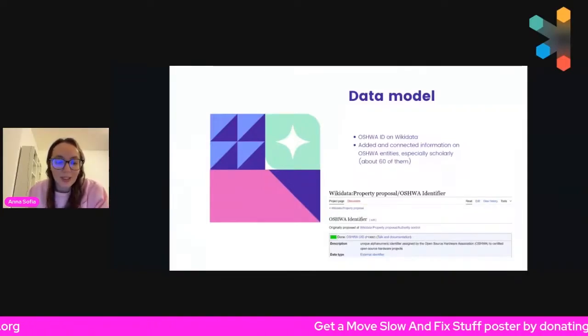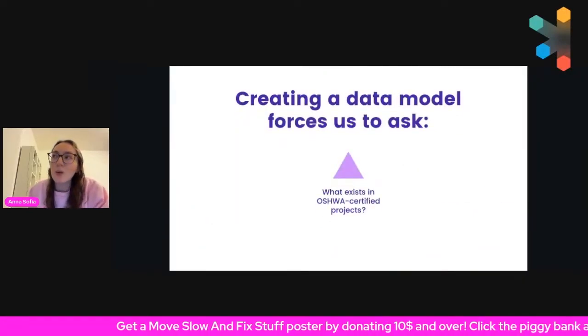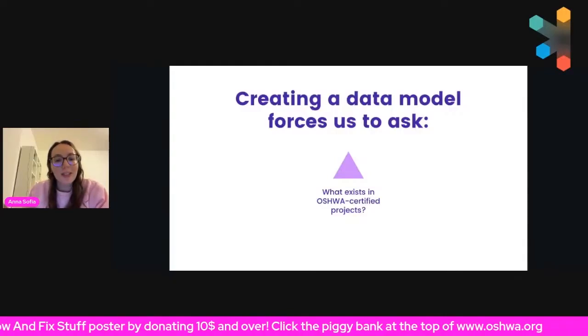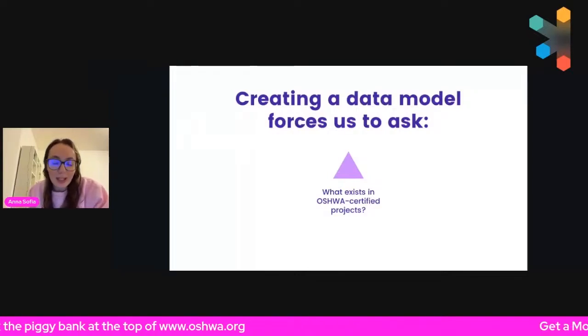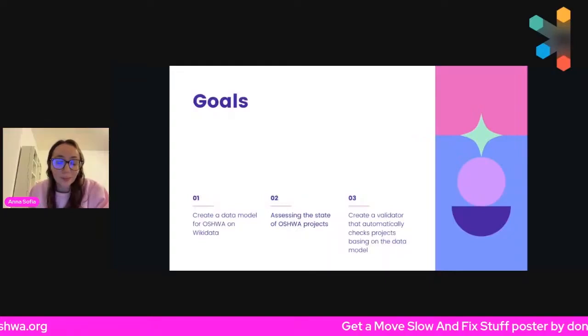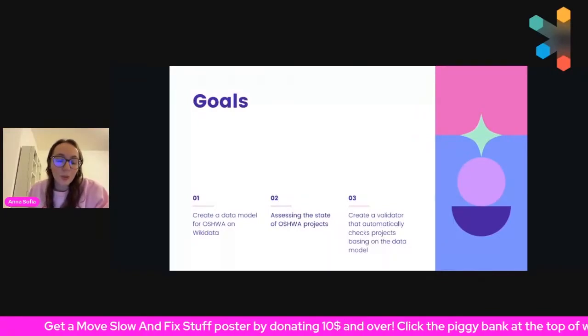If we go to the next slide, which is that basically when we create a data model, this forces us to ask what exists. So in this case, what exists in OSHWA certified projects. And if we go to the next slide, we see that one thing that I mentioned was these scholarly articles. Now I'm going to talk about the state of the OSHWA projects. So if we go to the next one,